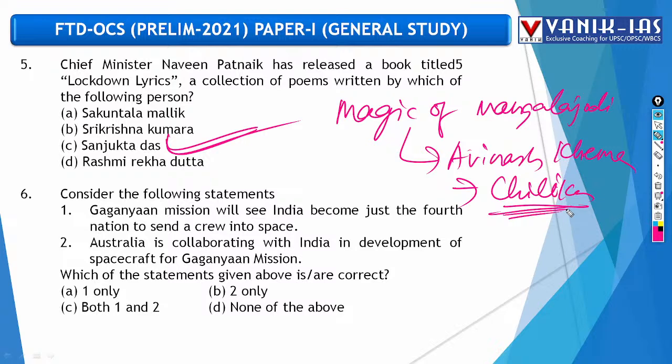Earlier, suppose Kalpana Chawla went in a mission of the USA. Right? Rakesh Sharma went in a USSR mission. But the first Indian mission is the Gaganyaan mission, a space mission. The spending will be around 10,000 crore. Right? In Gaganyaan mission,